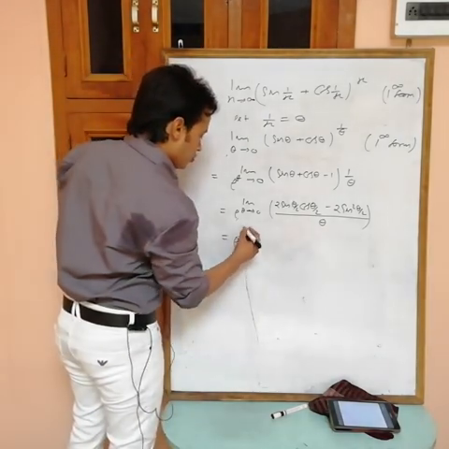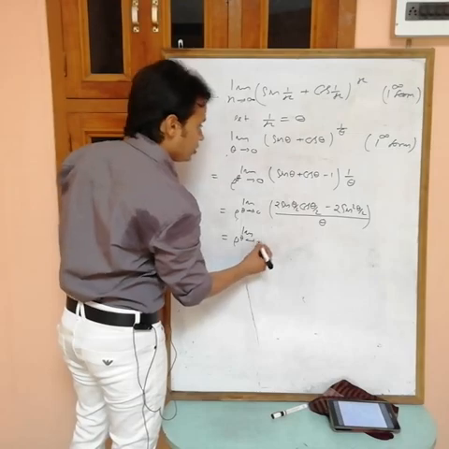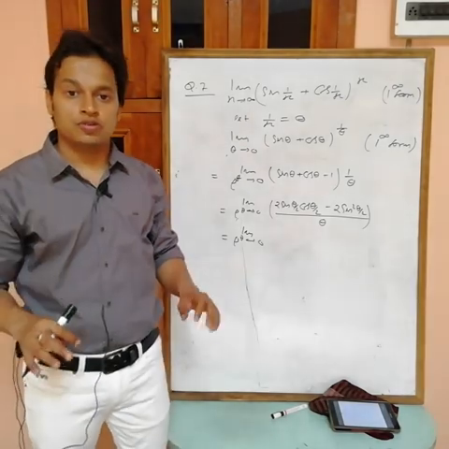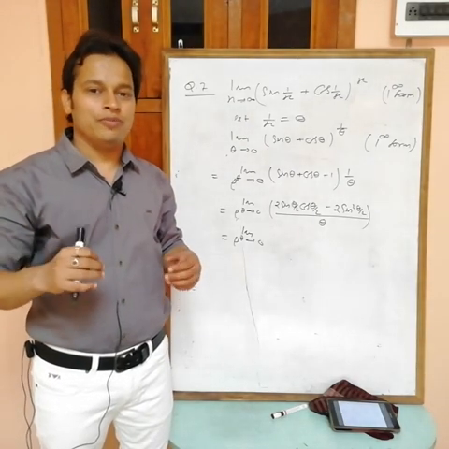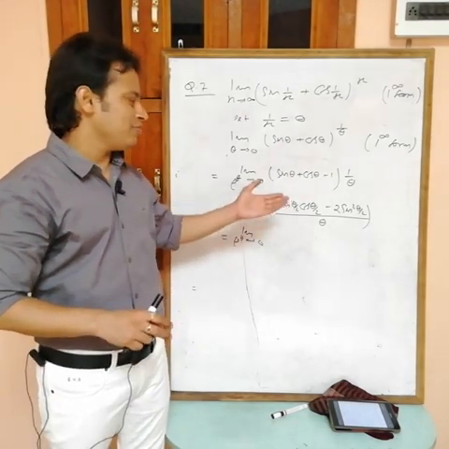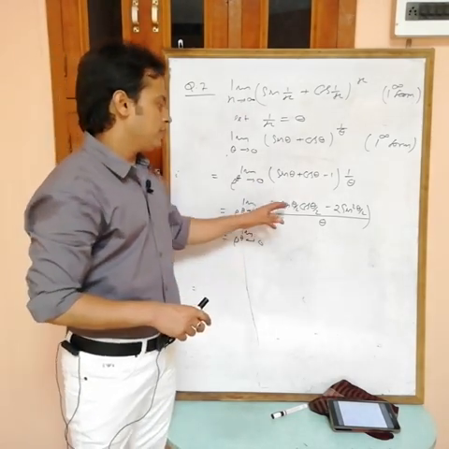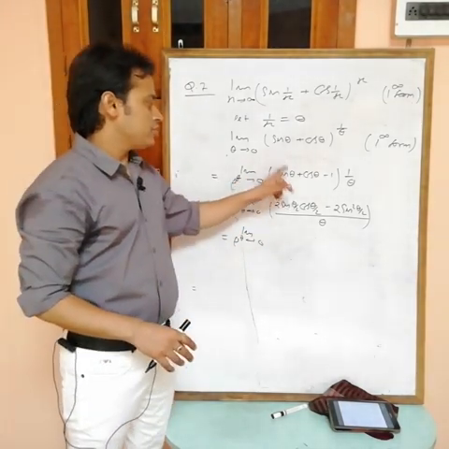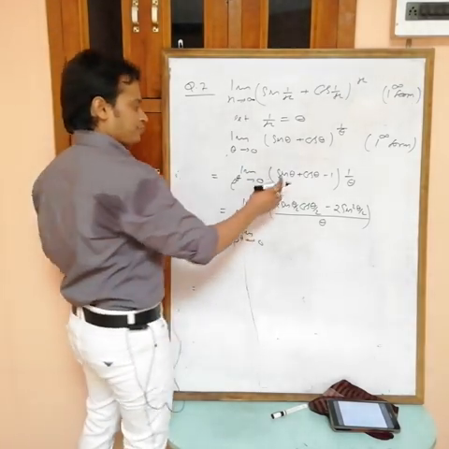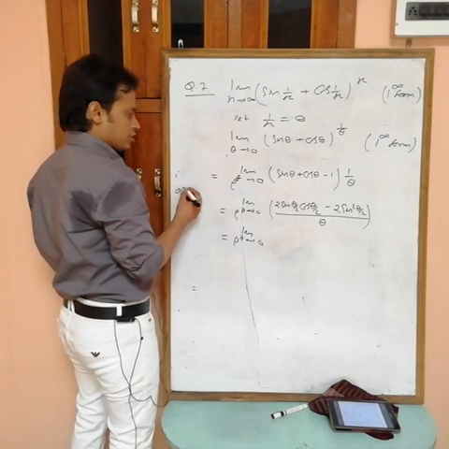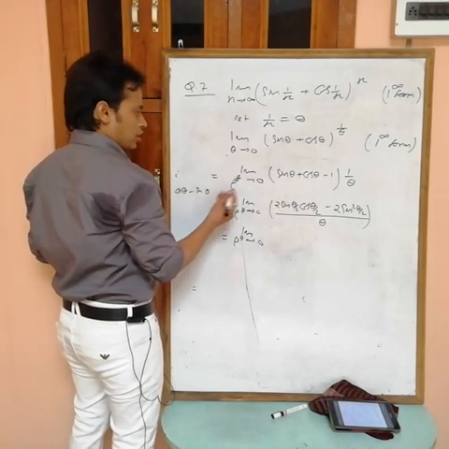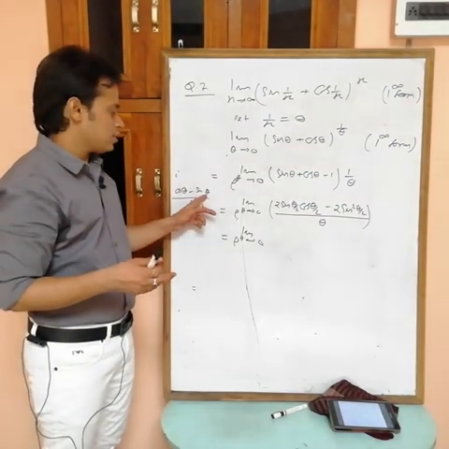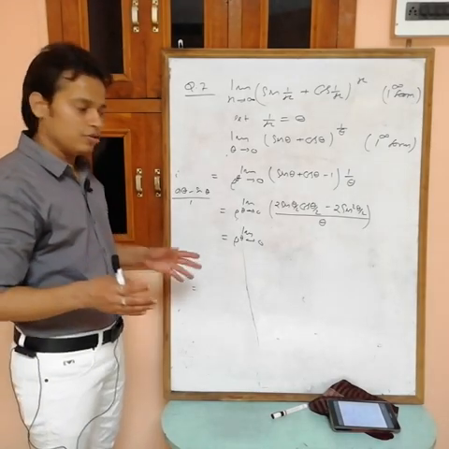Okay, now limit theta tending to 0. And one thing also, here you are getting 0 by 0 form if you put theta equals to 0. So you can also use L'Hopital, but I am not using L'Hopital, because this simplification we have to remember. You have to practice simplification. Now see, if you are using L'Hopital, then what you will get? Differentiate this one, but in exam you can use. If you differentiate this one, cos theta, then minus sin theta, and 1 0, and theta 1. Now put theta equals to 0, cos 0 is 1, sin 0 is 0, e power 1. So the answer is e. You will get the same answer.